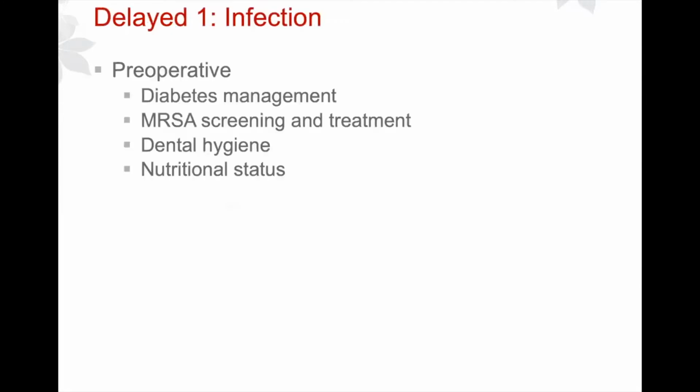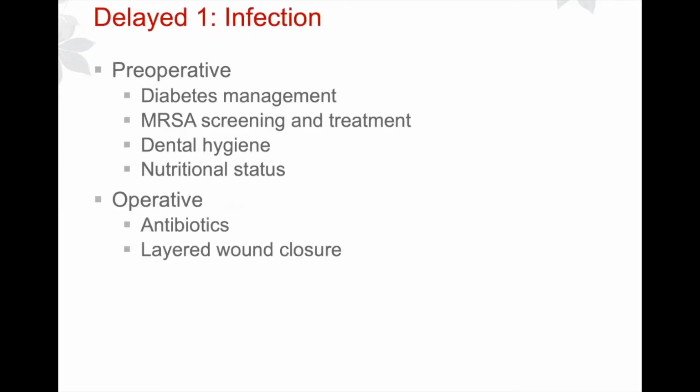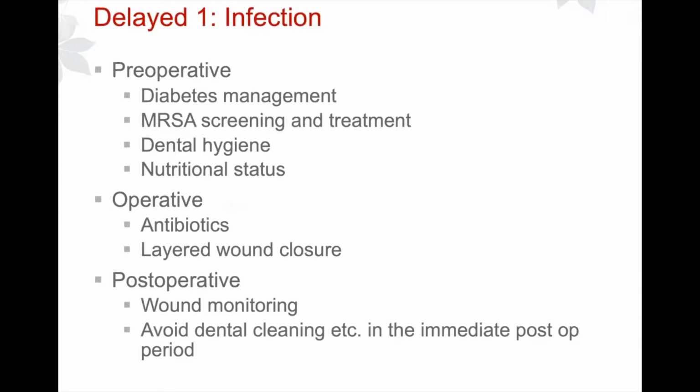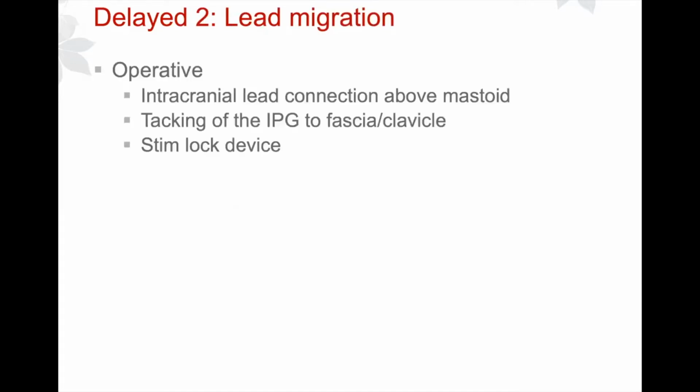As far as delayed complications go, infection is a common one. And so again, making sure that your patient's diabetes is under control, check their hemoglobin A1C, MRSA screen, dental hygiene, nutritional status. During surgery, preoperative antibiotics, very diligent layered wound closure, and postoperatively monitoring the wound and making sure that patients are not doing procedures that may cause bacterial contamination immediately afterwards could be ways to avoid some of these infection complications. Lead migration is another complication that we worry about, and there are certain steps that we can do